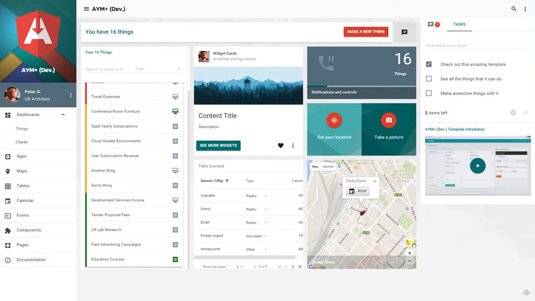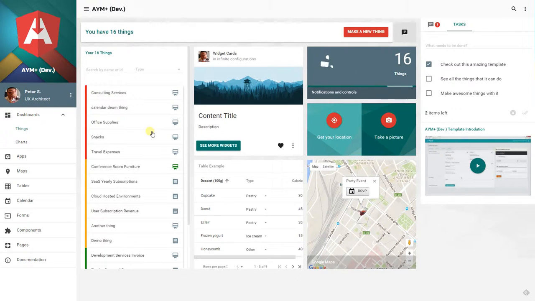Hi, and welcome to AYM, Angular Yeoman Material plus Application Development Framework template, however you want to refer to it. It is packed with tons of interactive features, powerful libraries that bring in capabilities such as geolocation, interaction with Google Maps APIs, tables for high-end performance queries, calendars, tons of stuff that are in there,